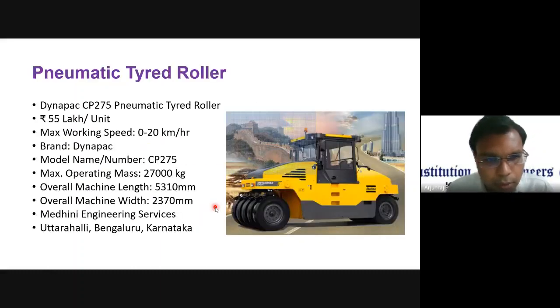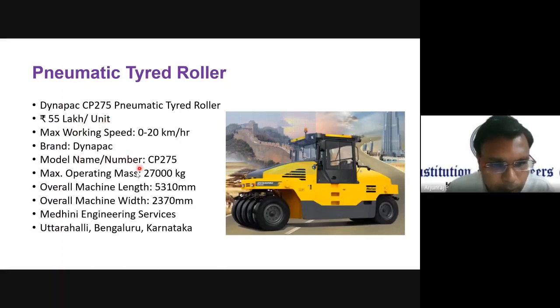You have a pneumatic roller, where you have four or five wheels, where you can also increase the width for increasing the pressure, and then you can also make sure that you are applying proper pressure to the roads or bridges during the construction. So here the cost is going to be 50 lakh per unit when you go with